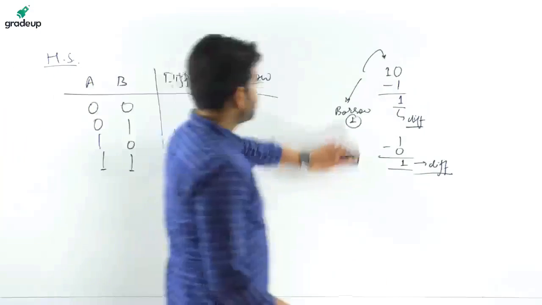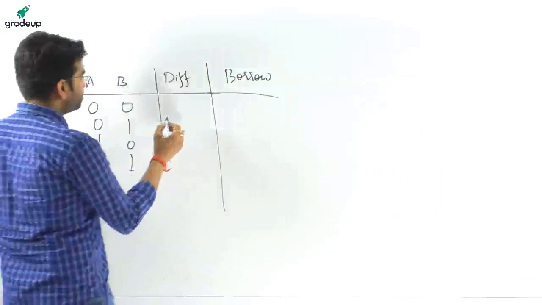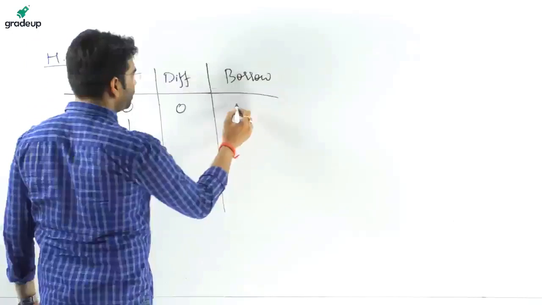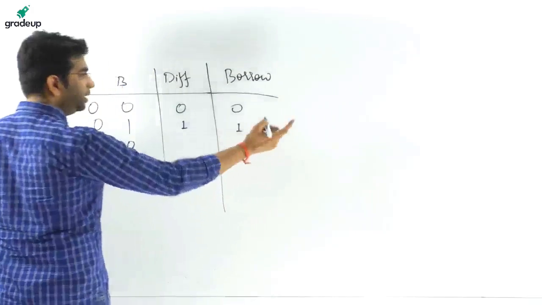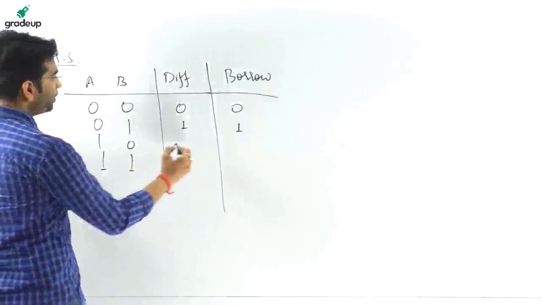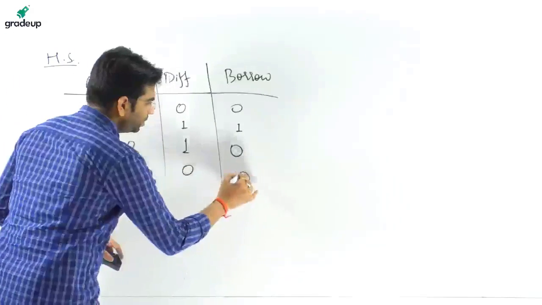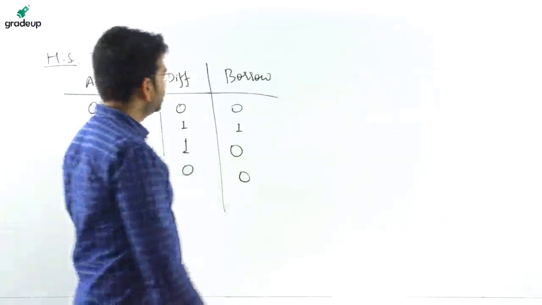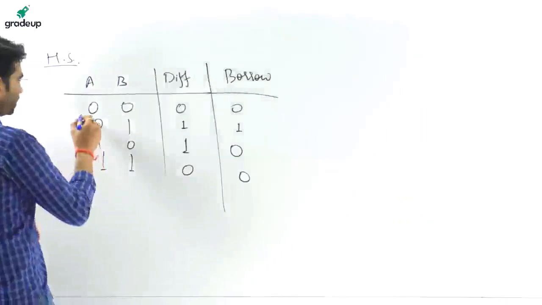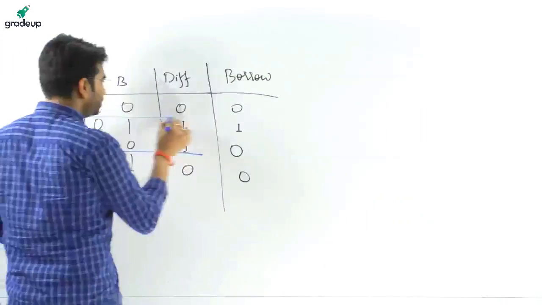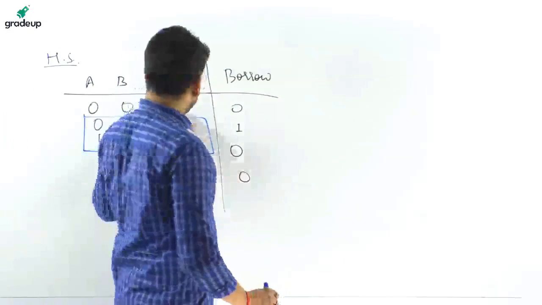Okay, my dear friends, complete the truth table. Again, 0 minus 0, difference is 0, borrow is 0. 0 minus 1, difference is 1, borrow is 1. I have told you that condition. 1 minus 0, difference is 1, borrow is 0. 1 minus 1 will have the same result as 0 minus 0. So again you can see a relation: if the two inputs are differing, then we have the difference.